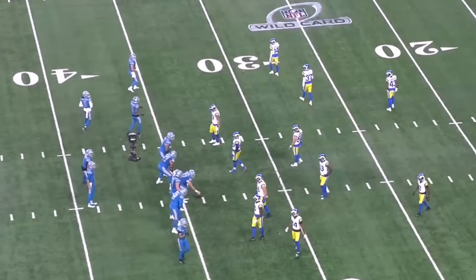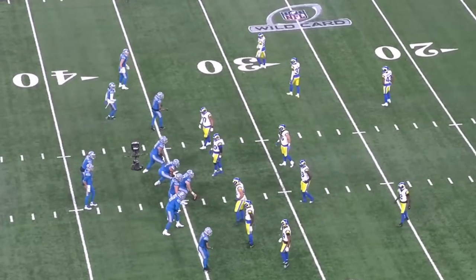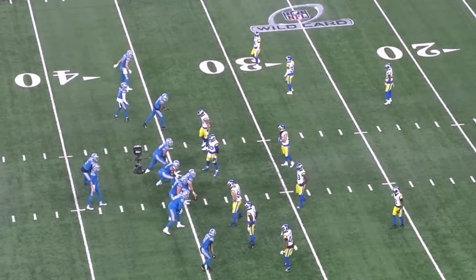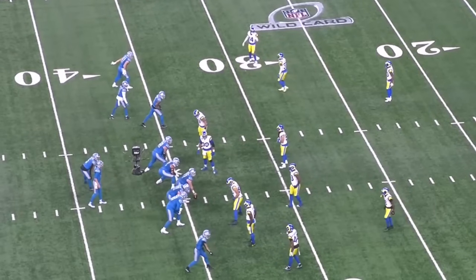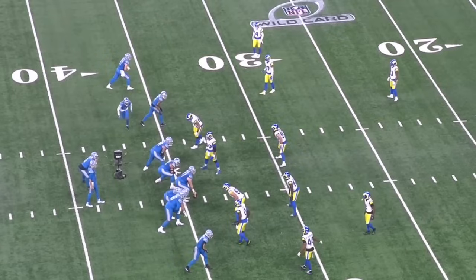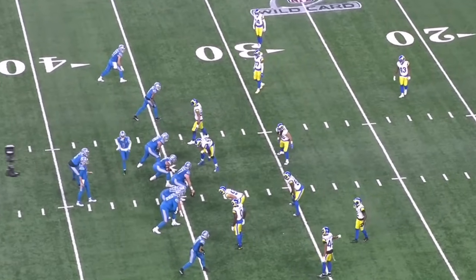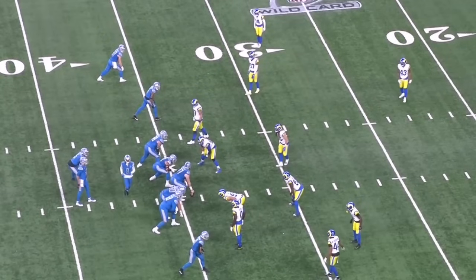Now I'm going to give you my theory on why the Lions continue to play St. Brown in the slot in the second half versus out wide like we saw in the first half, to try to get some of those one-on-one matchups. But here, this was a sack that we saw on TV, but we didn't get to see what route combinations were actually happening in the back end. It looked like there was a shot about to take place here to Jameson Williams. First off, they go 3-by-1 initially,